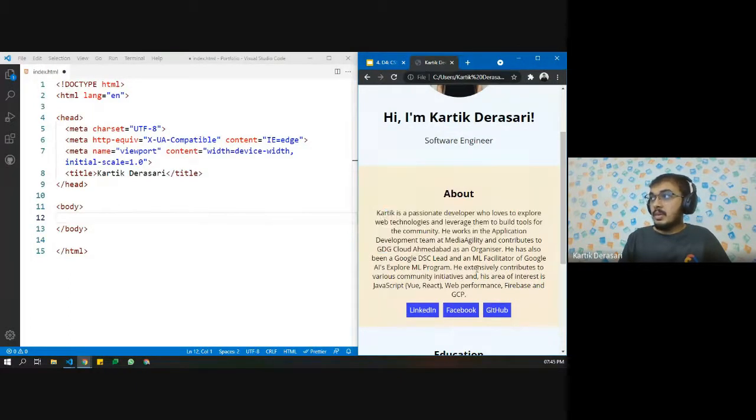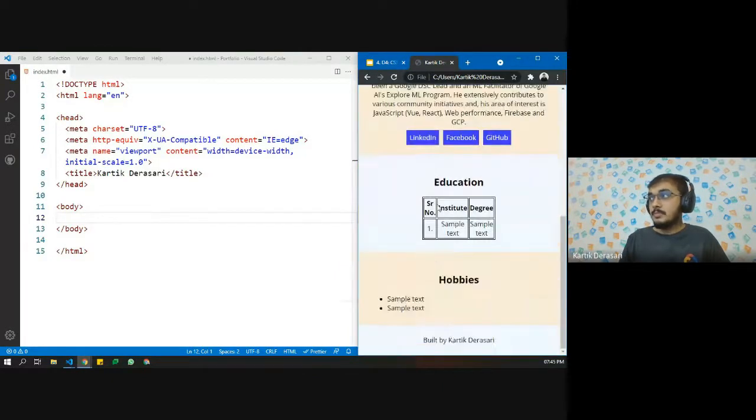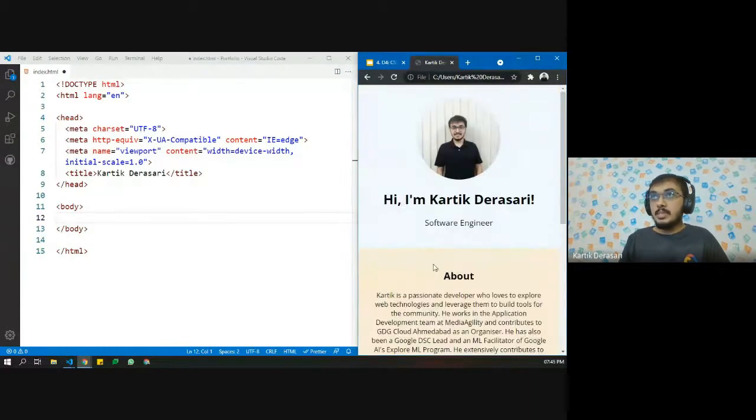We want some content. We want different buttons which have different colors when we hover. Then we have a heading and a table. And then we have hobbies, with different list items. So all these are very basic HTML elements, and let's see how we can do this.